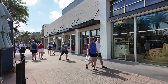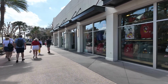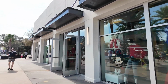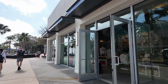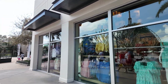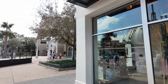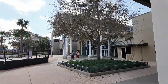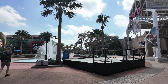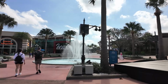So this is still Disney style to my right. Again, lots of good clothing options for you. Definitely a good store if you like Disney fashion and unique merchandise. Really good one. And then we have the other AMC entrance, the fountain, the orange garage, as well as where